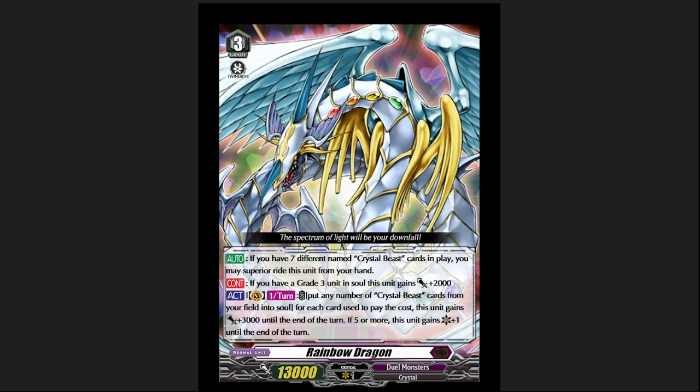So then you jump straight into the grade 3s. So Rainbow Dragon, and it says if you have 7 different named Crystal Beast cards in play, you can Superior Ride this unit from your hand, meaning that you can just put it on top of Crystal Master. So you can go straight into grade 3, which is a big jump, but if you manage to assemble, once again, Voltron, you can go into this as early as turn 1, which is insane,